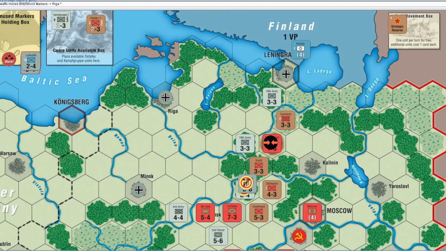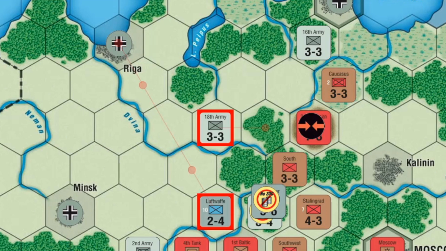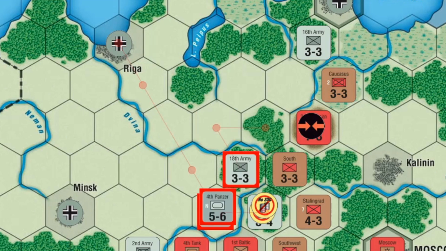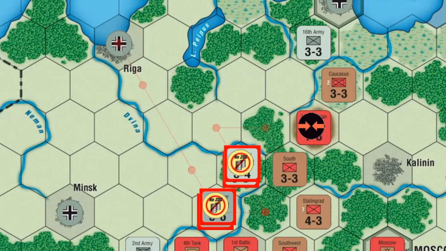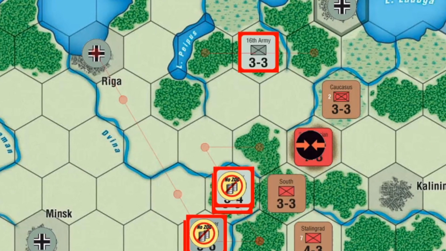And in placing the reinforcements, we get the Luftwaffe in Riga, and the 8th Army goes to the rail movement box. So we're going to get some movement around in the north. The Luftwaffe unit is going to break into the zone of control to essentially be the bridge, along with the 18th Army, to create an opportunity there to extricate the units. And the 16th Army near Leningrad is going to go for a bit of a walk here,